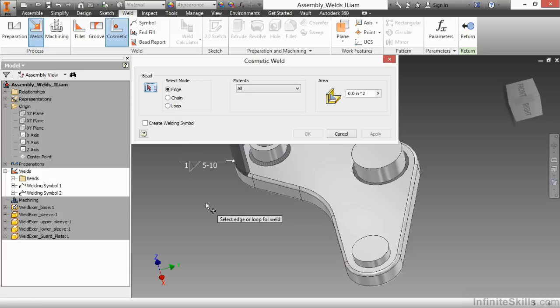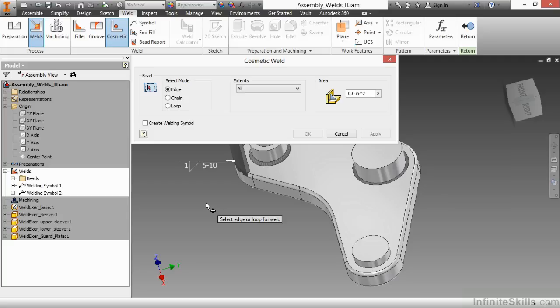A cosmetic weld is essentially something that will add the representation of a weld, but won't actually put the weldment material on there. I see this utilized a lot more when an engineer doesn't really understand what it will take to weld these parts together. They just want to tell the shop, hey, I want you to weld this for me. I don't know exactly what it's going to look like, and I don't want to insult you by putting something on there. Or maybe I don't want to show it in my visual documentation, but I do need to represent